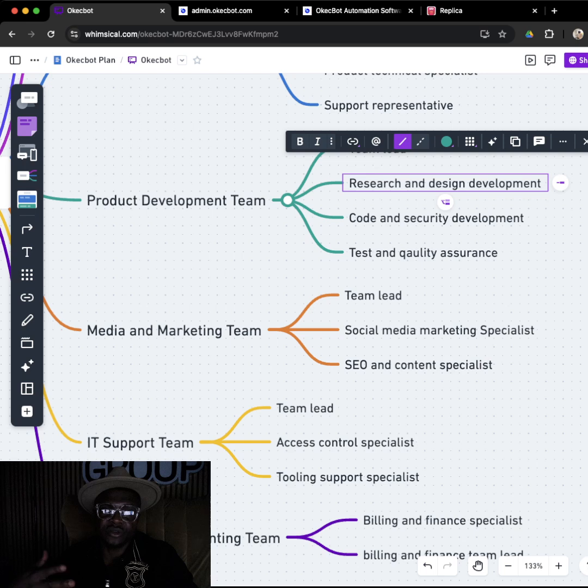And then I tried to modify what I think I would have needed or what works for me and try to do what works for the general public. And so this will now be handled by the research and design development specialists. They'll be the ones to develop and design a better version of Okecbot that everybody would be able to enjoy and use. The media marketing team, self-explanatory.